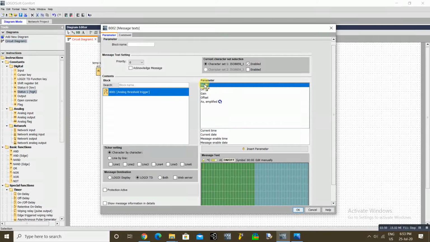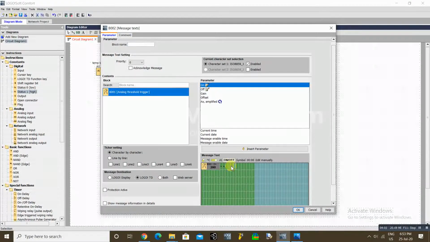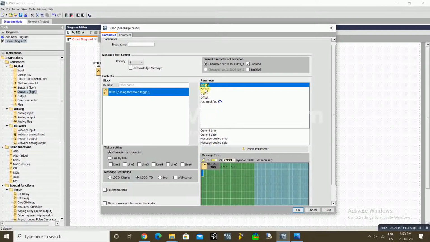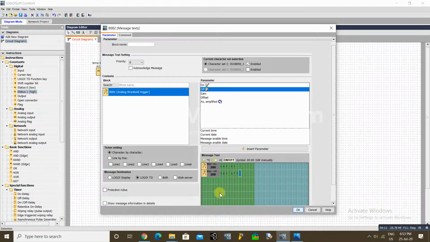First we will configure on. This is the on value, set on. Then the off value, set off.